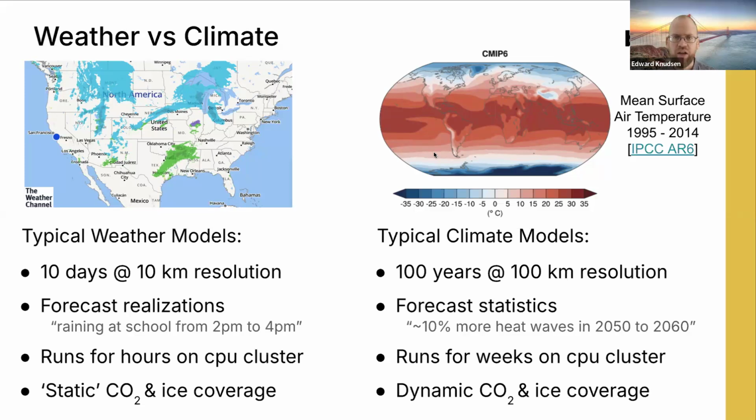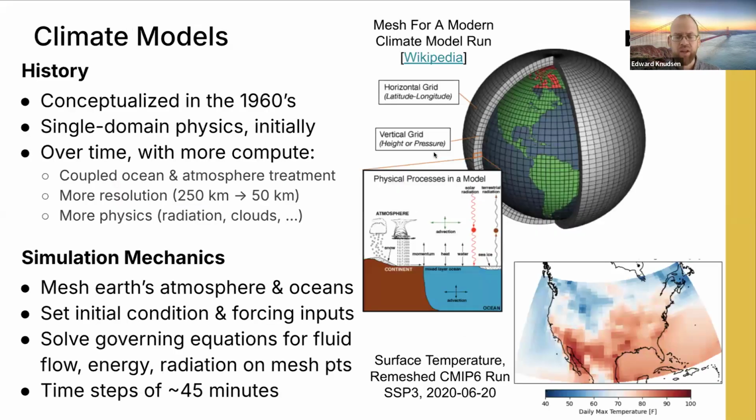And the reason is that a lot of physics that are important for climate models are more or less static over the time frame that weather models are run. So we don't consider CO2 concentration in the atmosphere for a weather model because it doesn't change meaningfully over a 10-day timeline. But conversely, over a 100-year timeline, this does change. And so we need to account for those effects in doing these statistical predictions within the climate. Same thing is true for ice coverage and other sorts of physical influences on the climate.